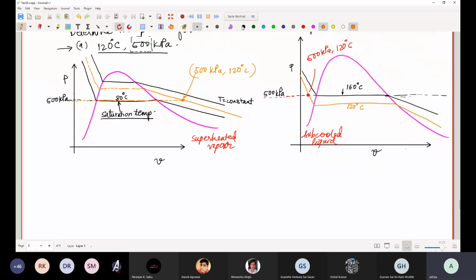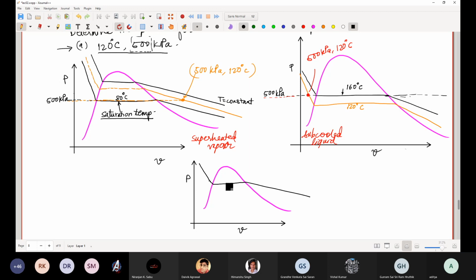Third case is very simple, but we then cannot determine exactly where the point is. It is impossible to determine where the point is simply because, so I've drawn the curve again. Now look, if this is the PV diagram and if this is the isotherm, if it so happens that this is the 120 degree Celsius isotherm and this is the 500 kilopascal horizontal line,